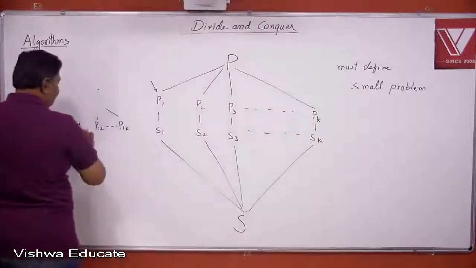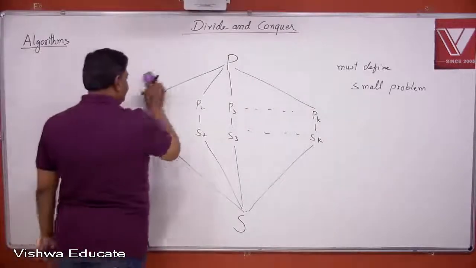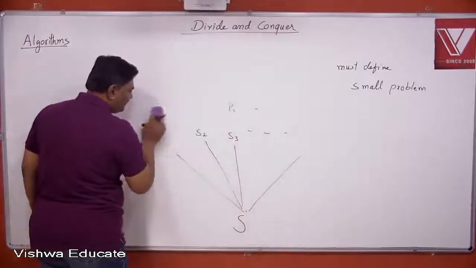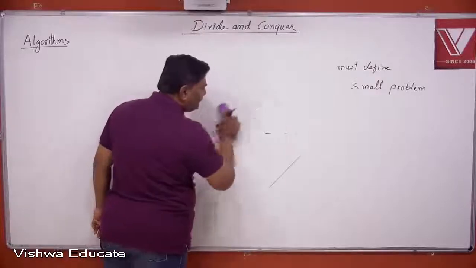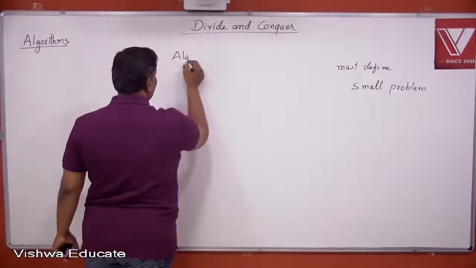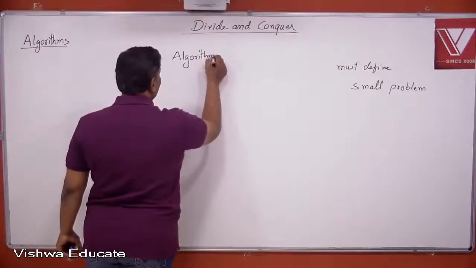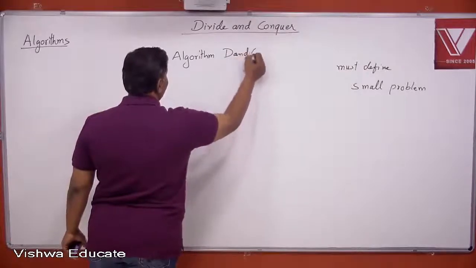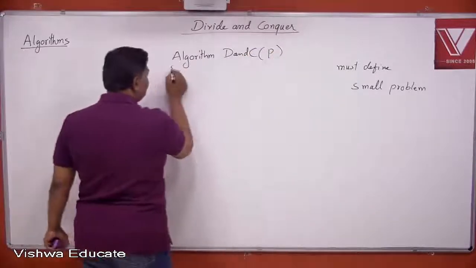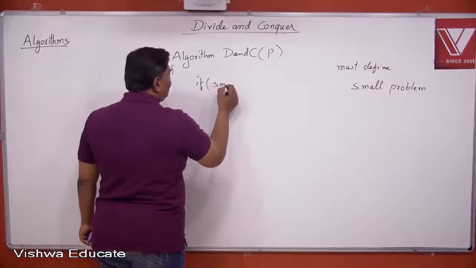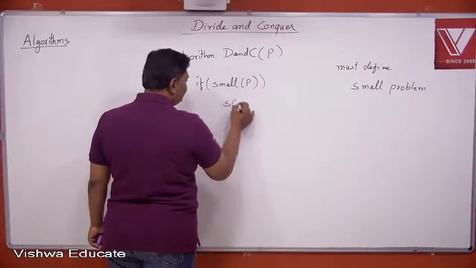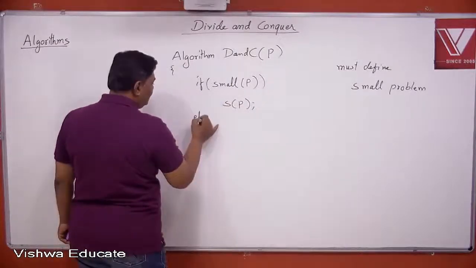So divide and conquer problems are solved recursively. What I have explained just now, let us write it algorithmically. Algorithm DAndC, that is divide and conquer. A problem P is given. If it is small, then solve it using some solution. Else,